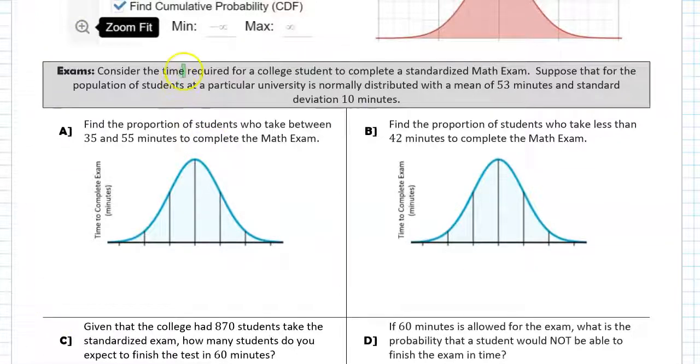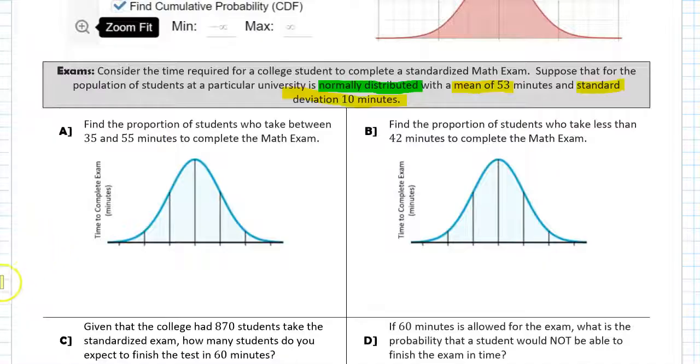So let's consider a time required for a college student to complete a standardized math exam. Suppose for the population of students at a particular university, we see that it's normally distributed, which is very, very key. We also see that the mean is 53 and a standard deviation of 10 minutes. Okay, so for part A, find the population of students who take between 35 and 55 minutes to complete the